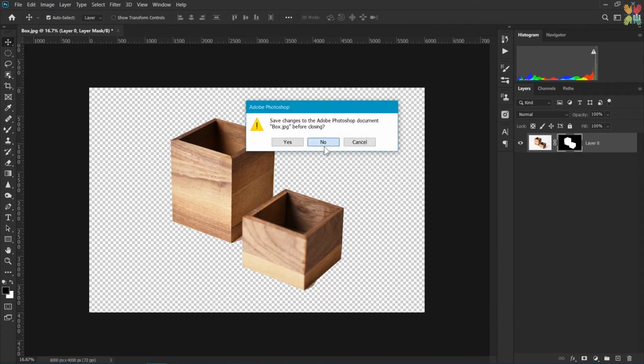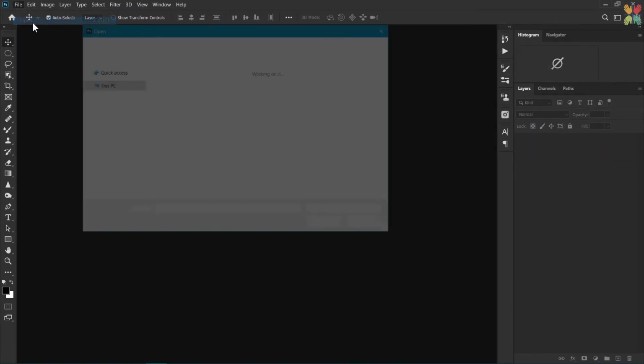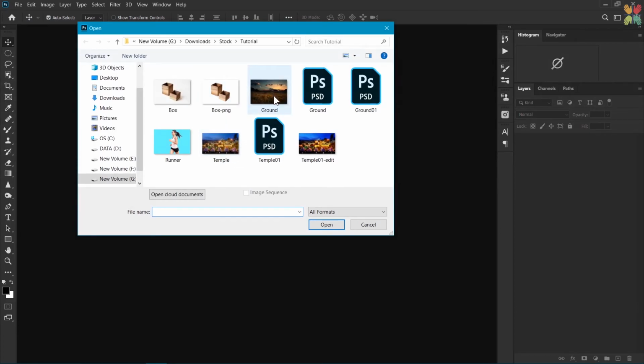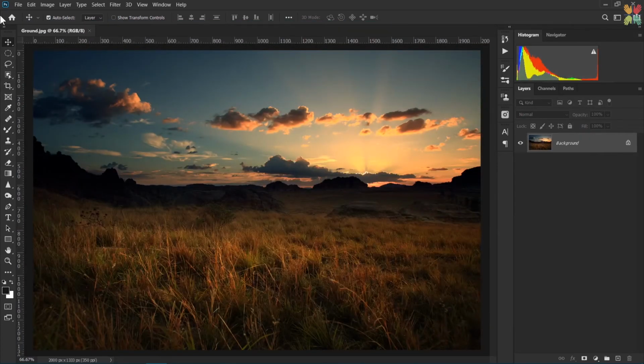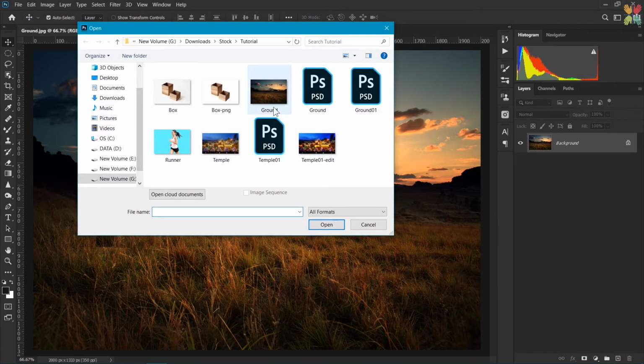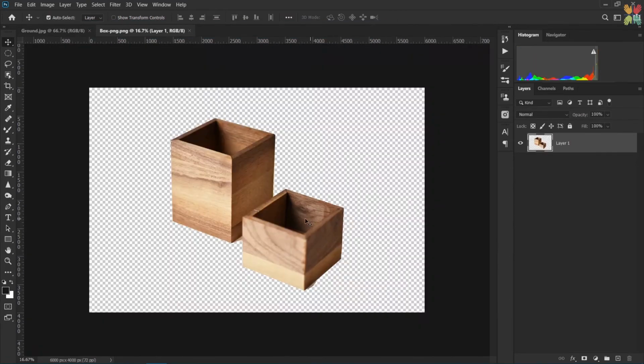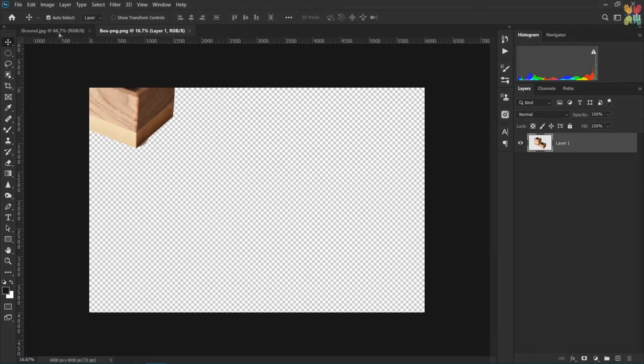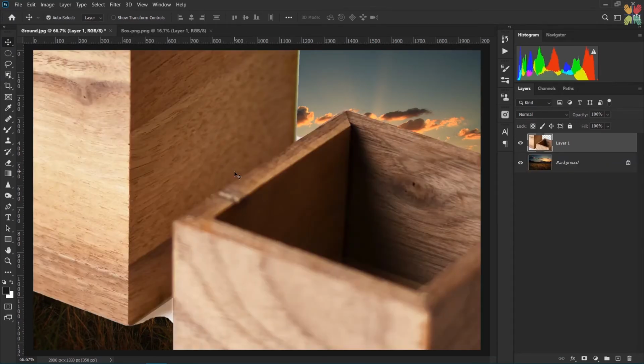And if you close this file and let's open a new file, let's say this one, and if we open that PNG file that we saved right now, box.png, and using the move tool, if I drag this image to my original image,